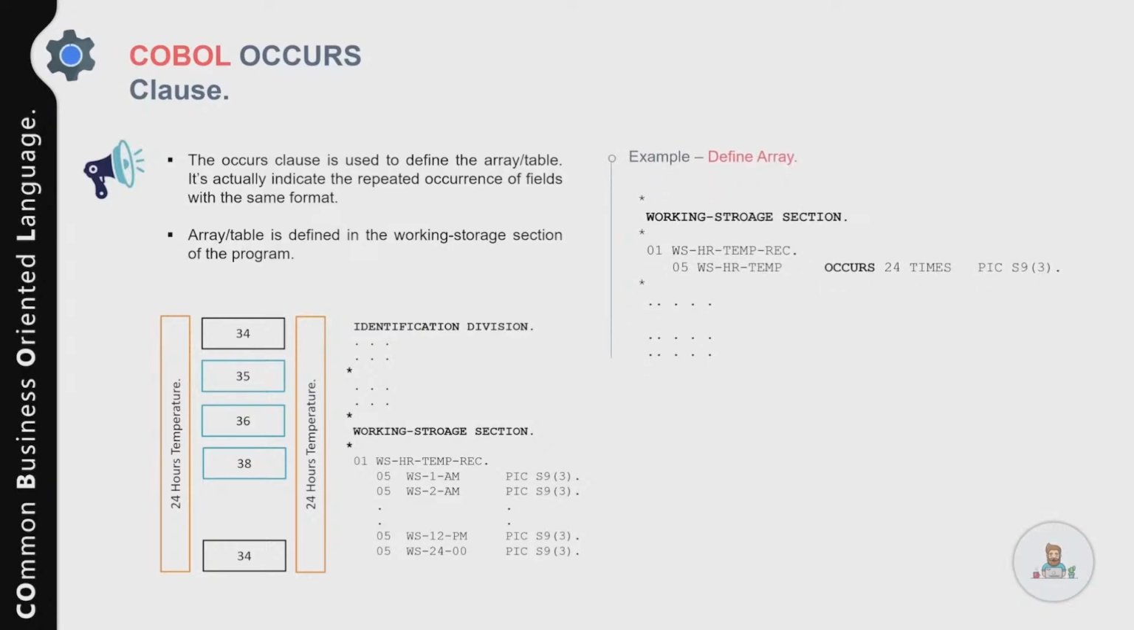In the following example, we have a working storage section, and in that working storage section, we have defined a table with the name ws-hr-temperature-record, and it is defined at level 01. After that, at level 5, we have defined the field name ws-hr-temperature, followed by an OCCURS clause. After that, I've specified the number of times I want to repeat this particular field. So I specified 24